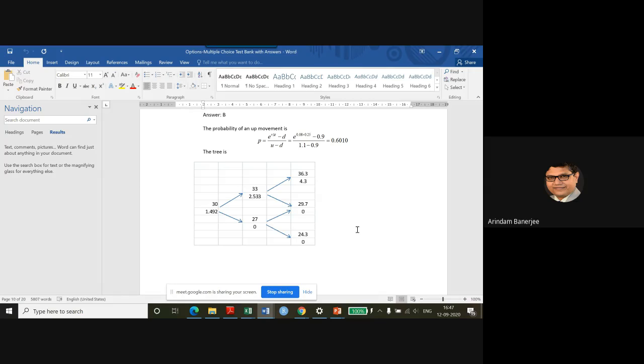Should I exercise, or should I wait for some more time? So these kinds of decisions I can take in a better manner. So binomial is not a very sophisticated method for valuation, but of course it is a very useful tool for